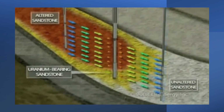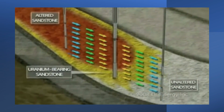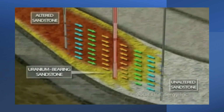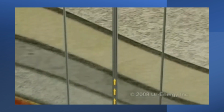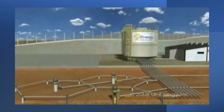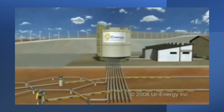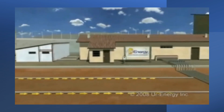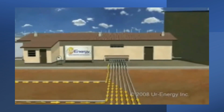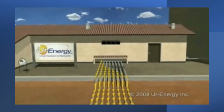When you rust a nail, the nail turns from silver or gray to a rusty red color. When you have uranium ore and you rust it, the rock turns from a gray to a yellowish color. That yellow oxidized uranium is soluble and it's brought to the surface, and it's extracted from the water through a treatment process. So that is in situ mining, and that is how the majority of uranium is produced in the